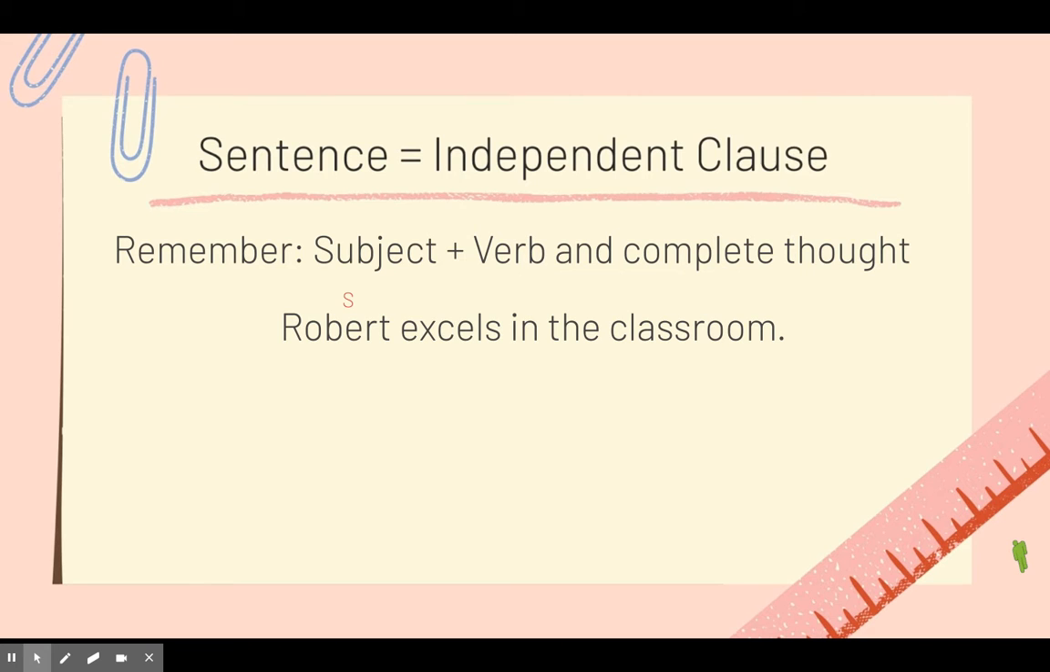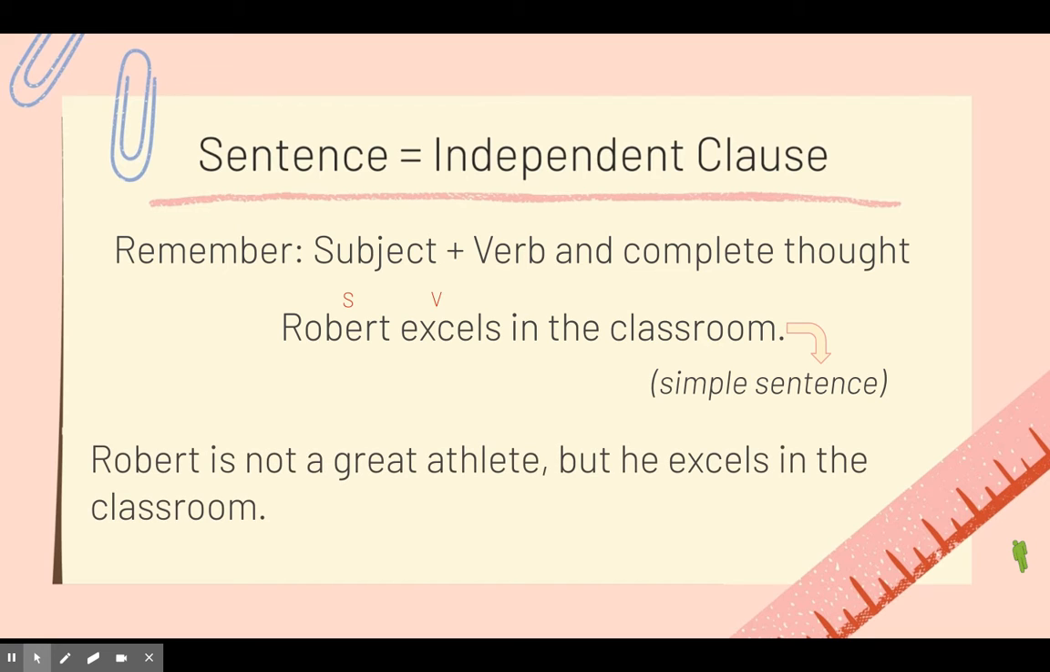We have a subject and we have a verb. This is an independent clause. This is the most basic sentence you can get. In fact, it's so basic, it's called a simple sentence. Now, if you take two of these simple sentences, two of these independent clauses, and you put them together, for